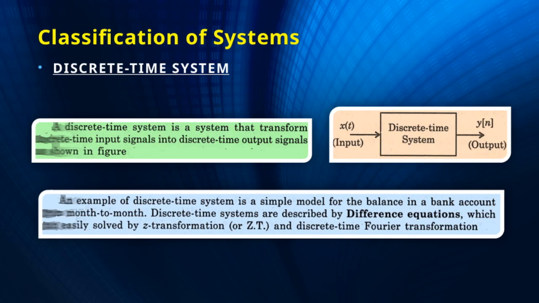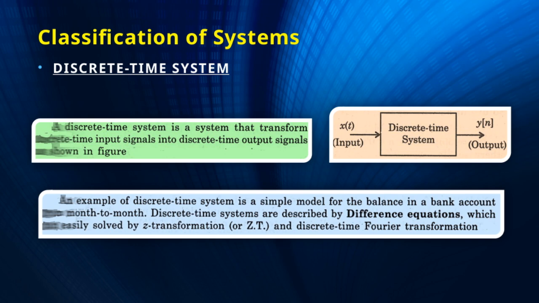Let's take a closer look at the discrete time system. When we talk about systems in this context, we're classifying them based on how they process signals over time. Discrete time systems are those where the input signals are defined at specific time intervals, rather than continuously. This is different from continuous time systems, which operate over a continuous range of time. Understanding this classification is crucial because it influences how we analyze and design systems, especially in digital signal processing.